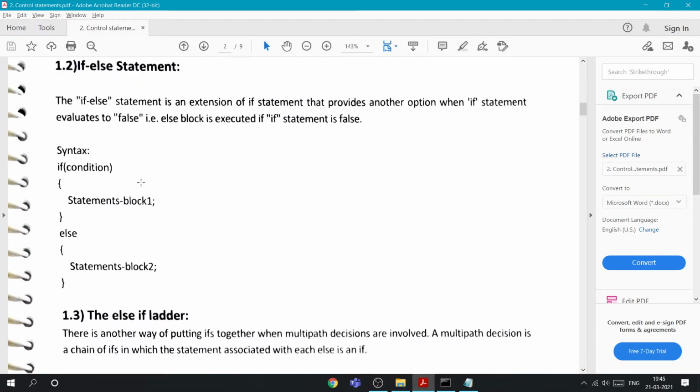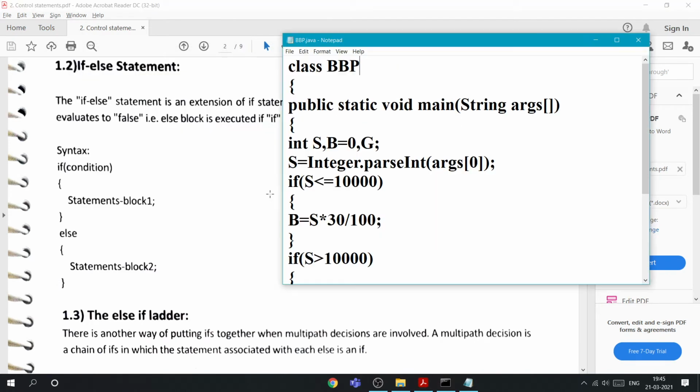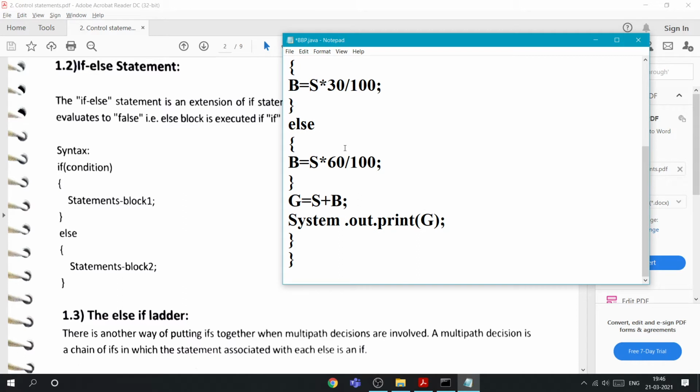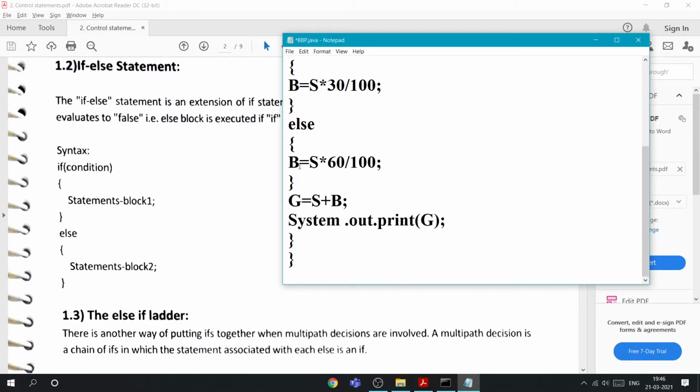If else statement: if condition and else statement. Instead of writing if two times, here we can directly write else. If this condition is not satisfied, then it will directly go to this.